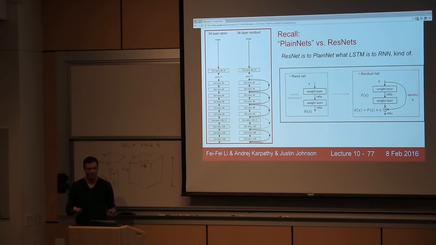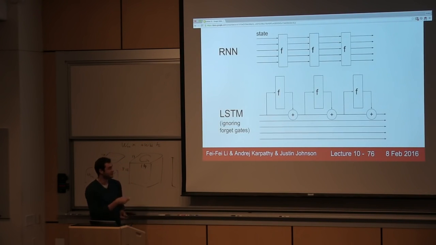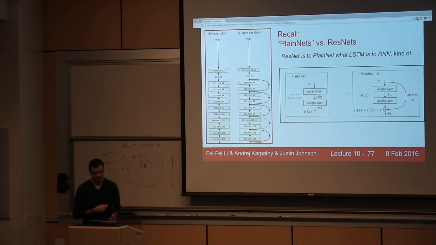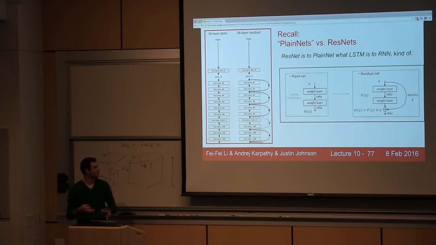And that's in fact what happens with an LSTM as well. We have these additive interactions where here the X is basically your cell. And we go off, we do some function, and then we choose to add to this cell state. But the LSTMs, unlike ResNets, also have these forget gates that we're adding. And these forget gates can choose to shut off some parts of the signal as well. But otherwise, it looks very much like a ResNet. So I think it's interesting that we're converging on very similar looking architectures that work both in ConvNets and in recurrent neural networks, where it seems like dynamically it's much nicer to have these additive interactions that allow you to